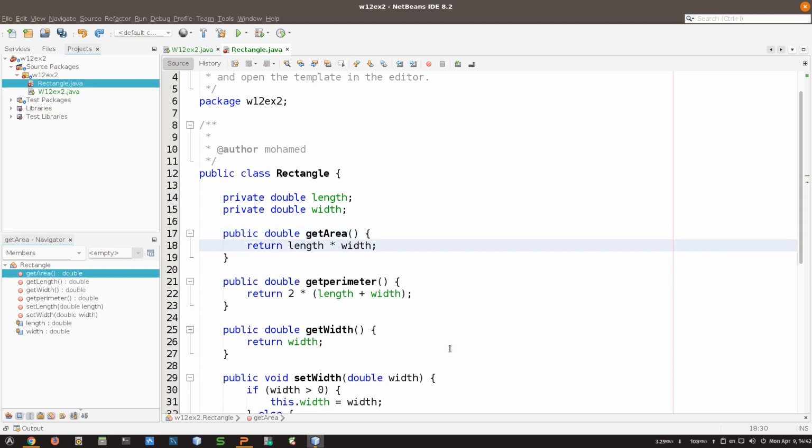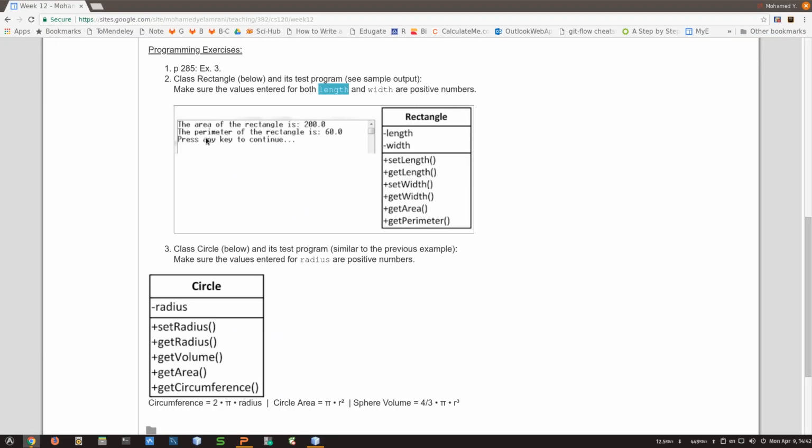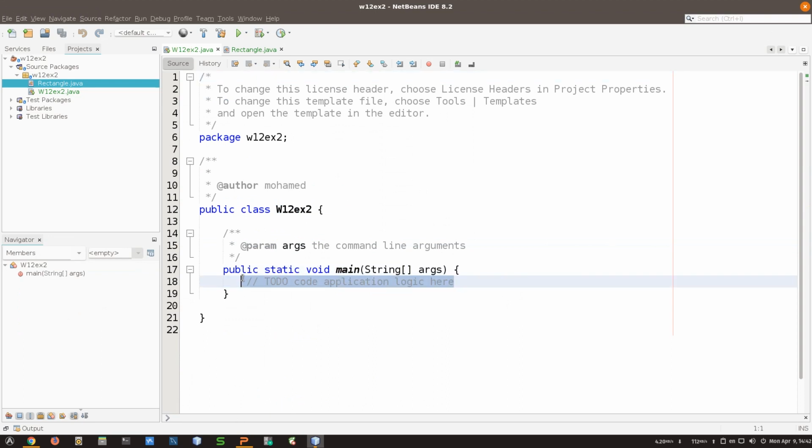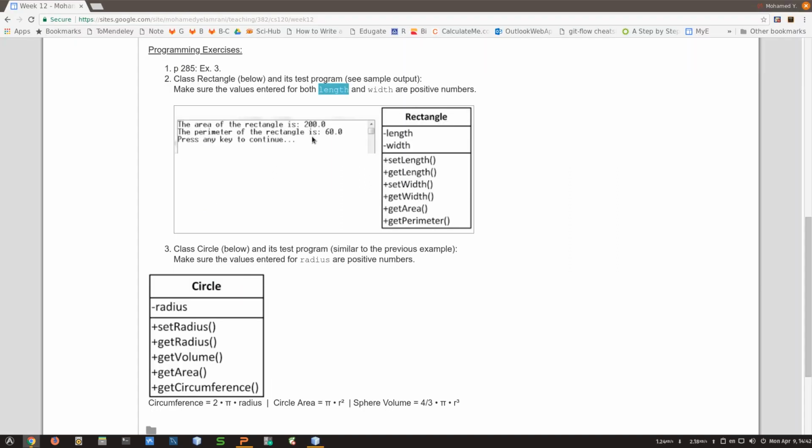Now, if I'd like to have some kind of an output that looks like this, where should I put that? Not inside here. I'm just going to do it inside the main, where I'm going to be displaying something like that. The area is, and so on. So let me just do that by displaying something like the area of the rectangle is